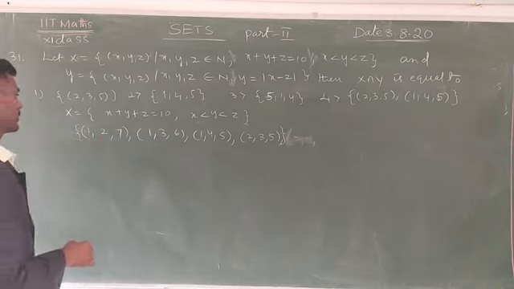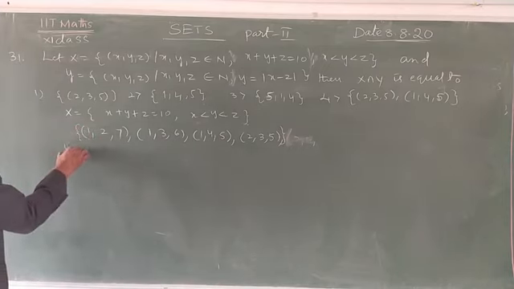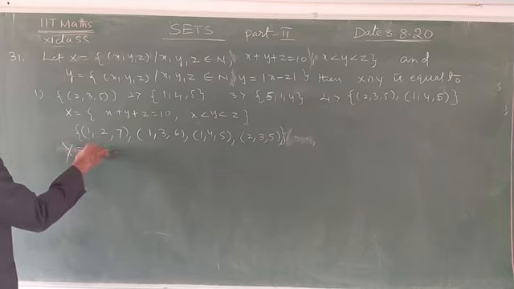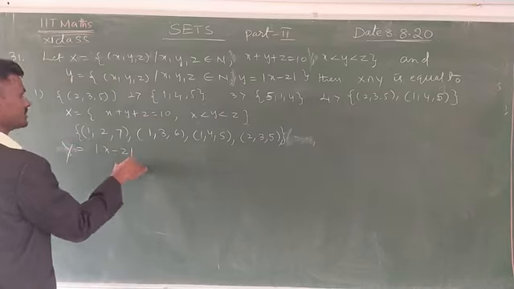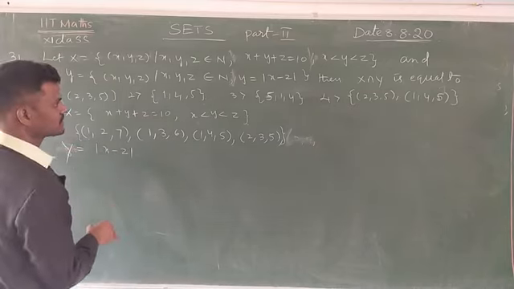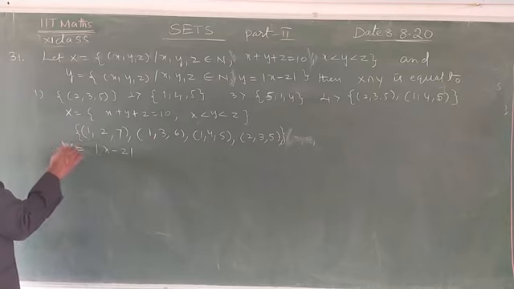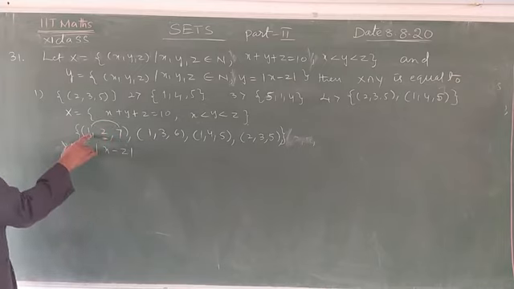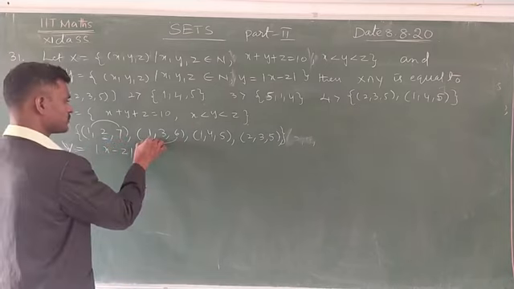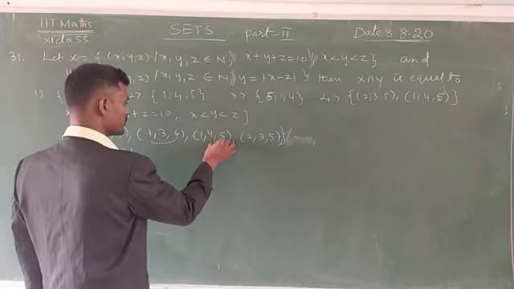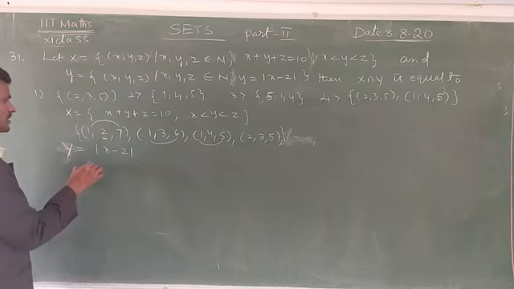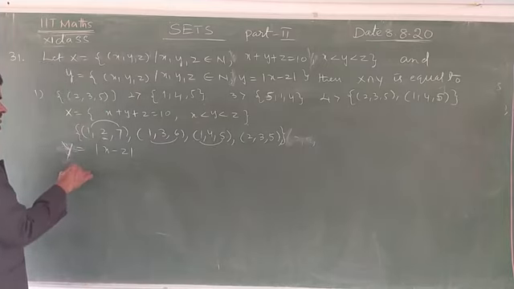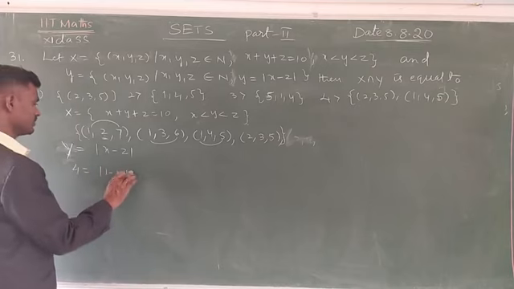Okay, now see here Y is equal to the set of, here y is equal to modulus of x minus z. See here, in these numbers you have to take here that is equal to y. Y means here, this is the middle number. Middle number is equal to the difference of these two numbers. Here 7 minus 1, 6, not possible. 6 minus 1, 5, this is also not possible. Here 5 minus 1, 4, then this is possible. Here 4 is equal to modulus of 1 minus 5, this is possible.